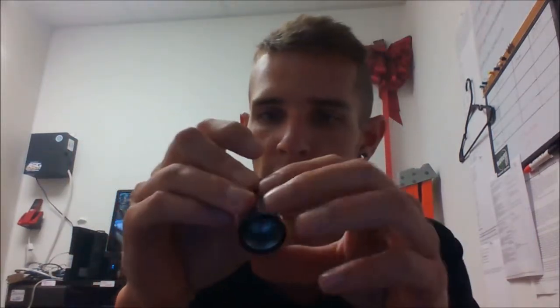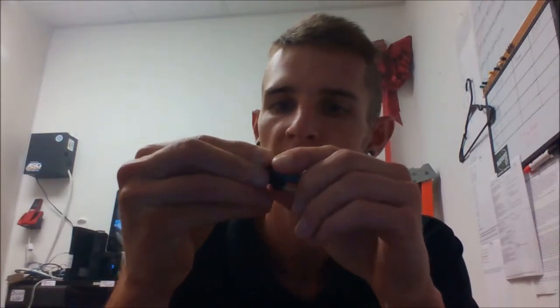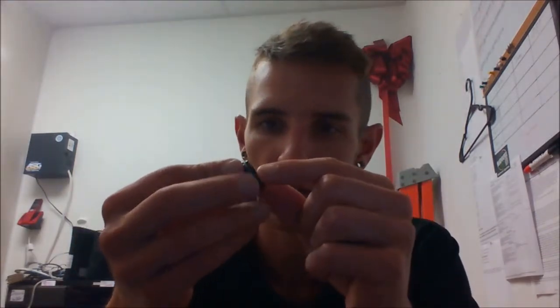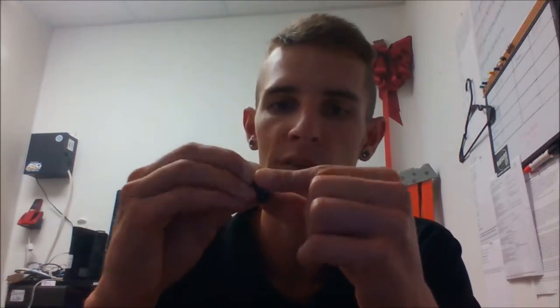You've got this nice big chimney right here, as you can see, nice and big bore. It has a removable drip tip, top fill, and also top airflow. So there are the fill holes, very large, so that you're not going to get a vacuum on one side, and you'll be able to fill this up pretty much all the way. And then right up here, you may not be able to see, but there is an inner ring inside of this top,